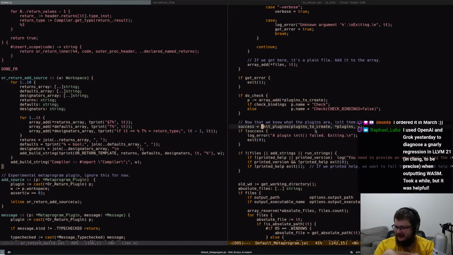I used OpenAI and Grok yesterday to diagnose a gnarly regression in LLVM 21 in Clang, to be precise, when outputting WASM. It took a while, but it was helpful. Yeah. So overall, I would say, for me, LLMs were net positive for sure, like in my work. But I just